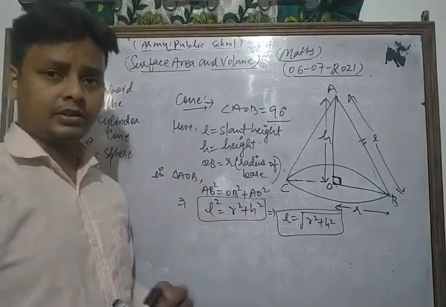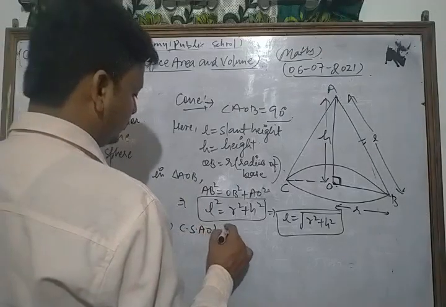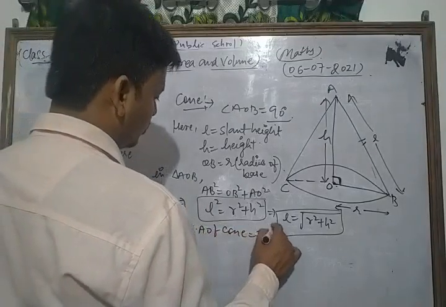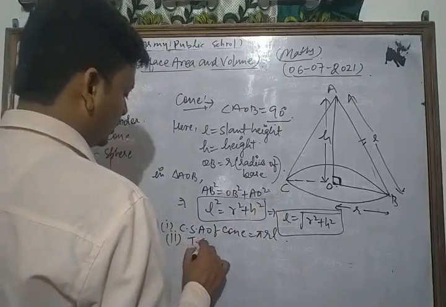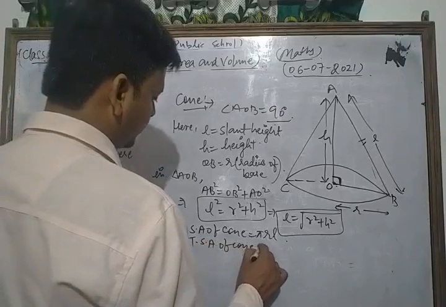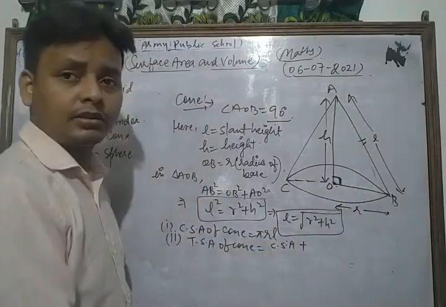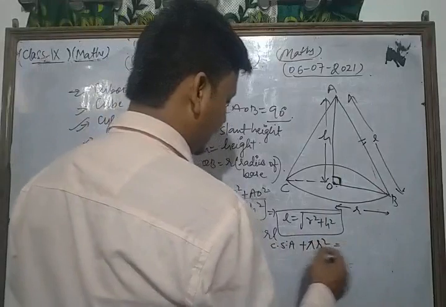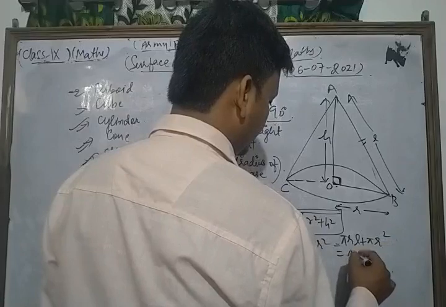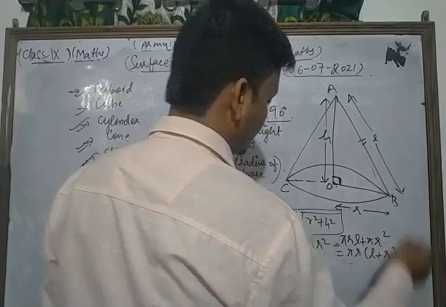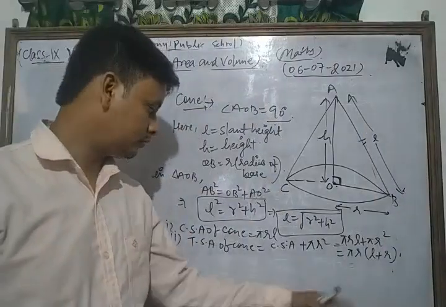So please learn these relations. Some important formulas of the cone are: first, curved surface area. The curved surface area of a cone is pi into r into L. This is the formula for the curved surface area. Second is the total surface area of the cone. Dear student, the total surface area of a cone is its curved surface area plus the area of its base, and its base is what? A circle. So the formula for this is pi r square, and CSA is pi r L plus pi r square. So we take pi r as common, so L plus r is left. This is the formula for the total surface area of a cone.